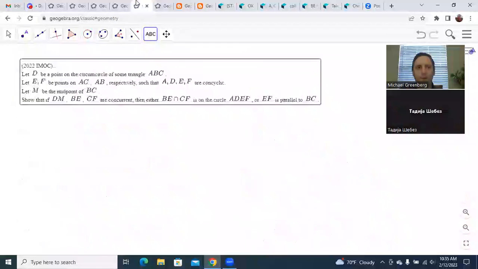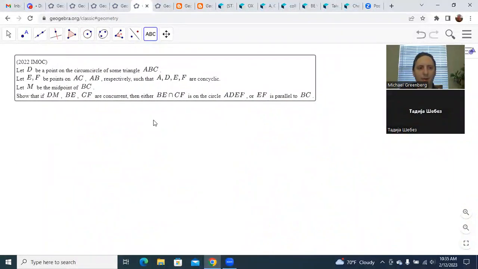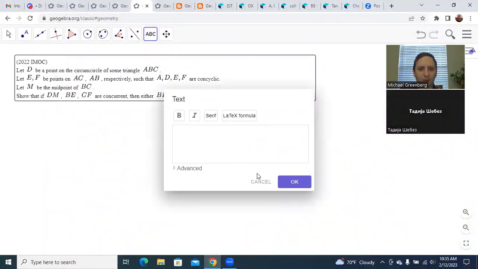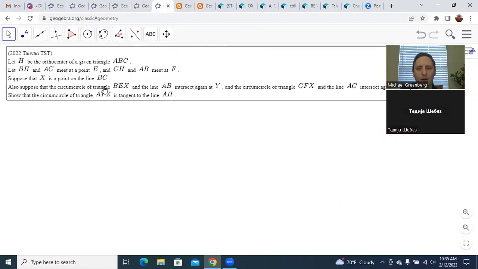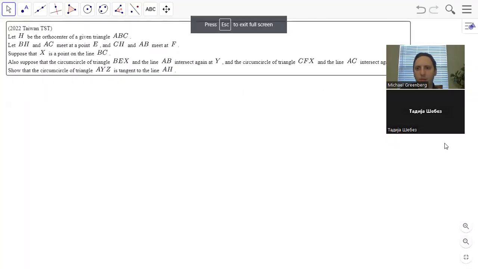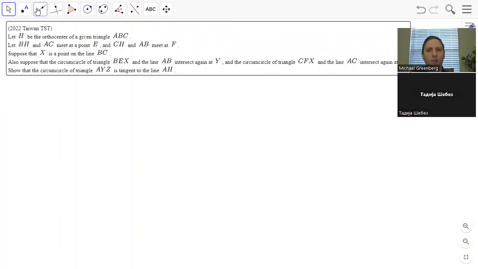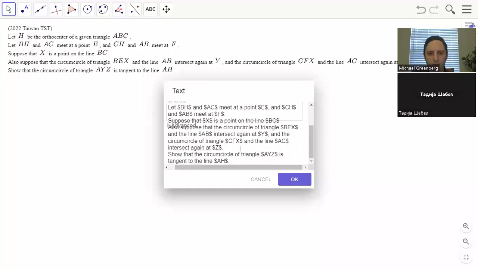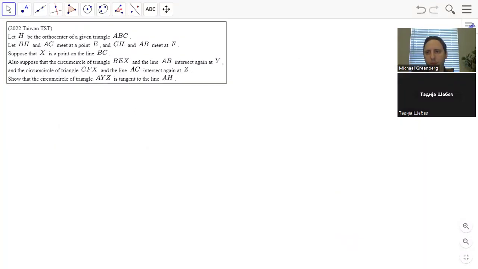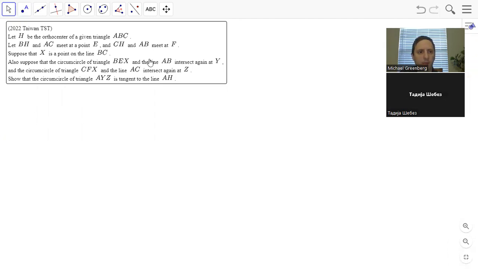So I did pick one from the Taiwan team selection test. So this looks like it also might be a little easier. This problem is not from IMOC, but it's from the Taiwan team selection test. Let's try it out. So we have a triangle. Let me just make this, it's bothering me a little bit. And let me break this into two lines. It's better. All right, so we have a triangle ABC with ortho